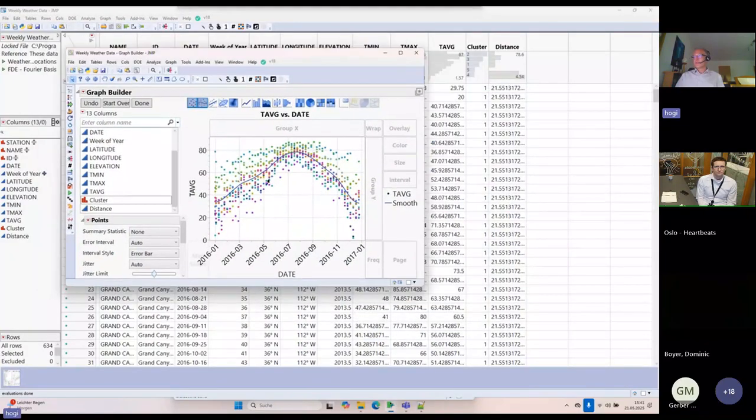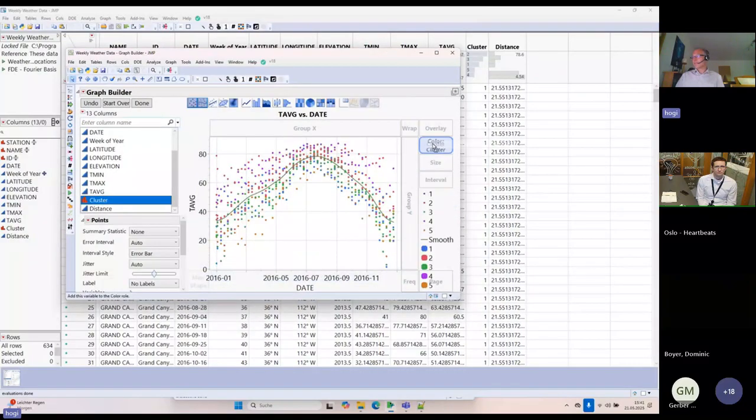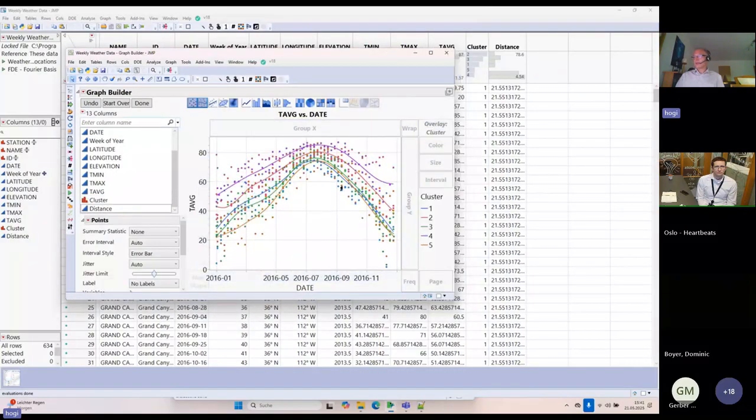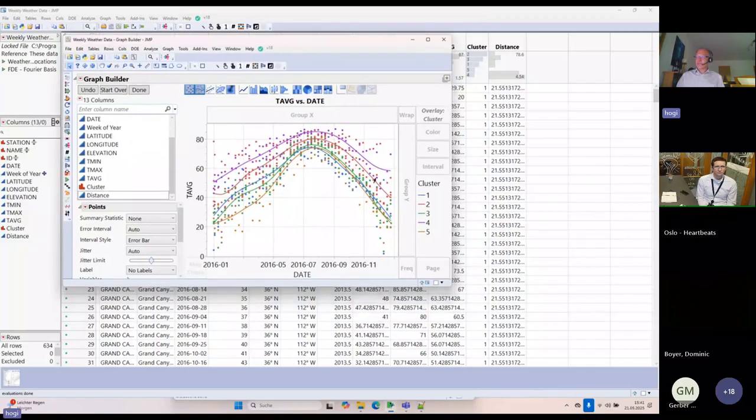Temperature. So these are measurement stations over 1 year. They measure the temperature, and I want to cluster it a little bit. So now we have clusters of, let's say, 3 measurement stations that are all red, and we get these curves. And at the moment, it looks very noisy, and I want to optimize this graph